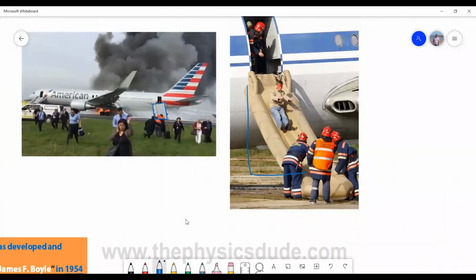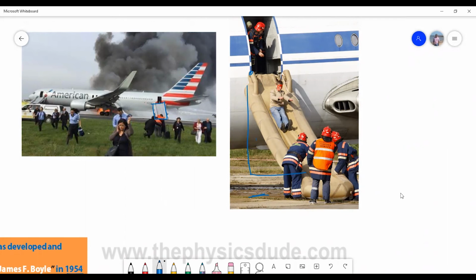Suppose if you look at the aeroplane, and suppose a man jumps out of the aeroplane onto the ground, as I said, from more than 6 feet, what happens? And that too they have to jump very quickly. So when they land on the ground, they get hurt more. But when they slide along these evacuation slides, they'll reach the ground safely.